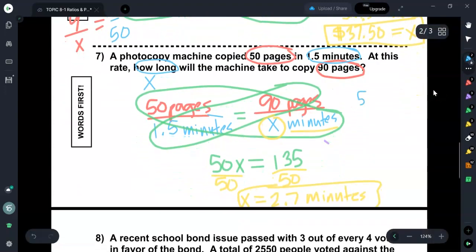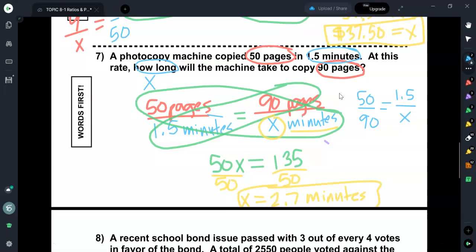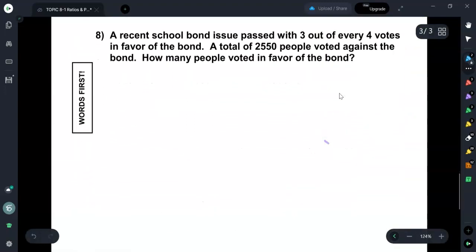I could have said 50 pages over 90 pages means 1.5 minutes over how many minutes? Again, do you see how I have pages over pages, minutes over minutes? I have an up and down, or just like on the previous one, straight across. I don't have anything diagonal from each other that goes together. So I could have solved it that way. When you get to a problem like this, you kind of have to be creative and think about how you